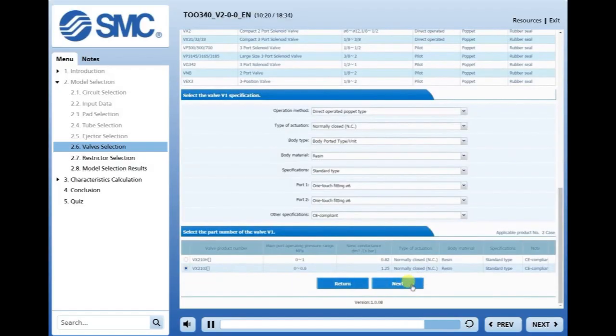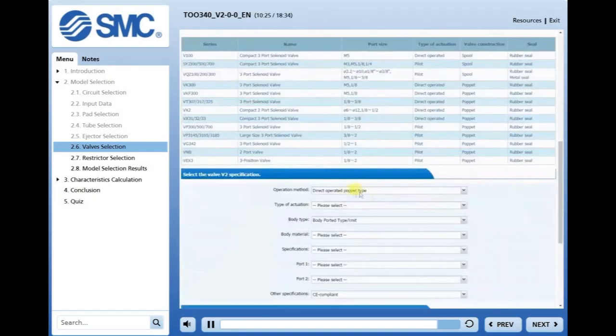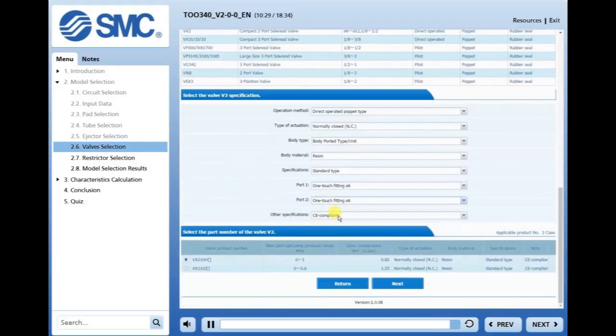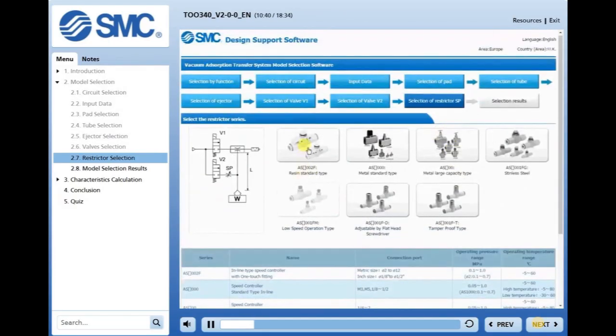Because of our selected circuit, valves V1 and V2 are similar, so we will not look at the selection process of valve V2, as it is identical to the selection of valve V1. After selecting our V2 valve, the next selection process is for restrictor SP. In this section, we are given a choice of 7 applicable speed controllers, with a table showing their specifications. We will select a standard resin-type speed controller,